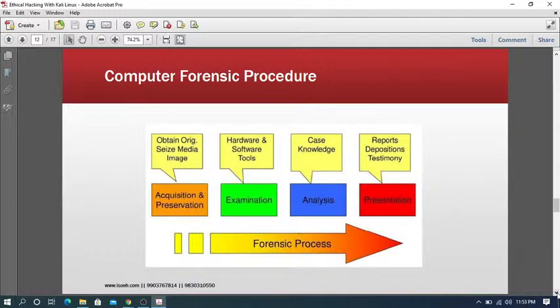And one more thing that is very important, whenever we are going to analyze a particular hard disk or pen drive or any memory,